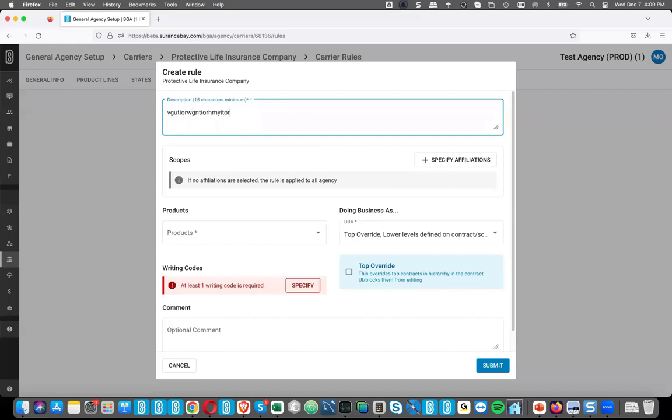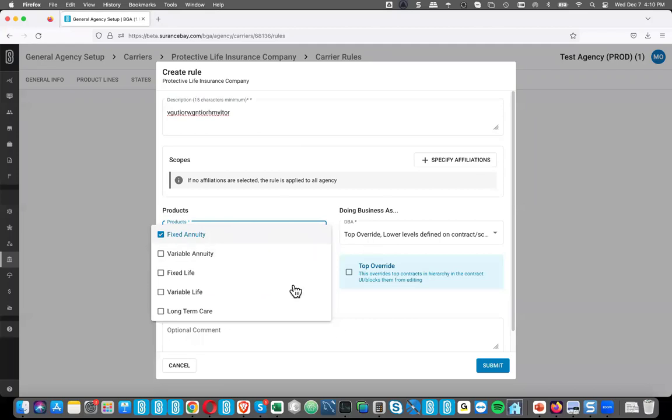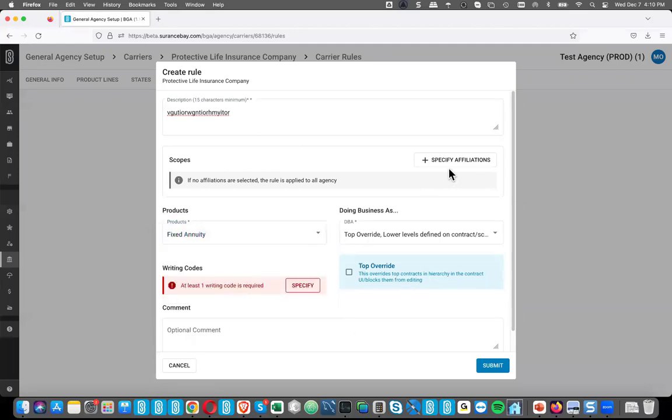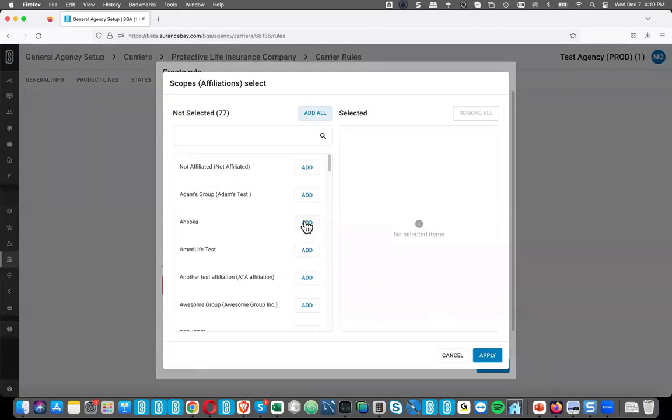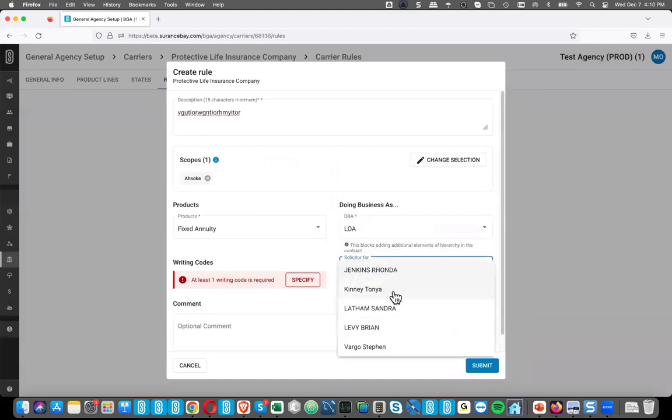I'm just going to type in some text here, where you say for fixed annuity only, for these affiliations, let's just say it's just this one affiliation, I want all of those requests to be LOA to, let's just say, Stephen Varga.